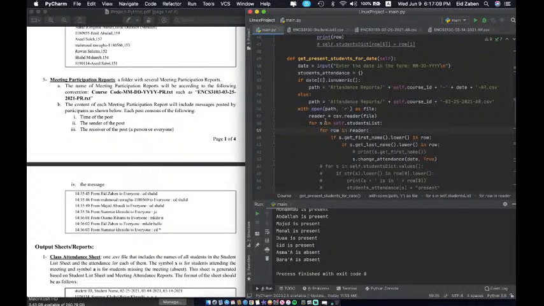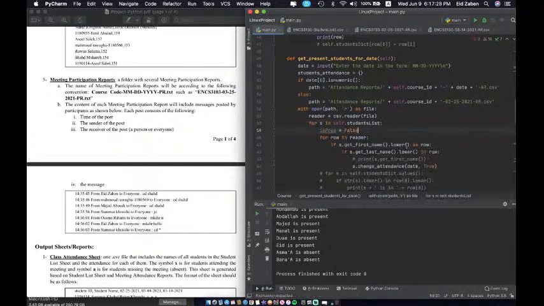So basically, we're going to check for each student in the students list. If their name appears in any of the rows, then we're going to set them to present, and we're also going to create a variable called like isPres for present equals false by default, and if we do end up setting them to true at any point, we will change isPresent